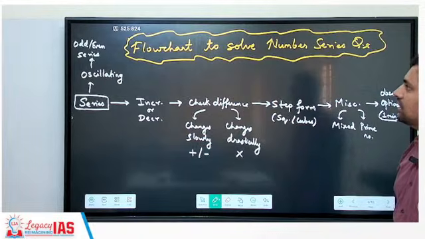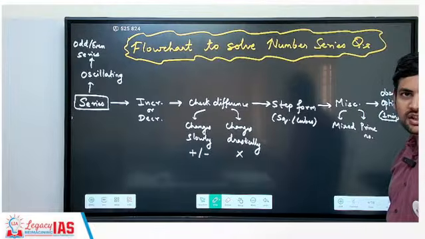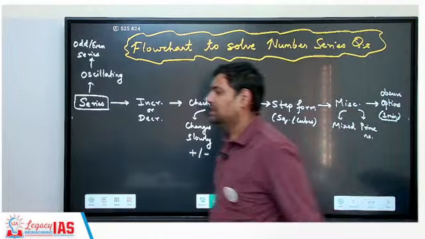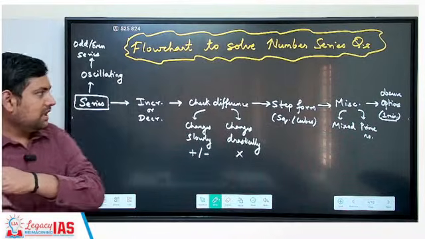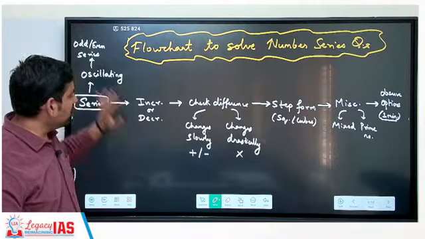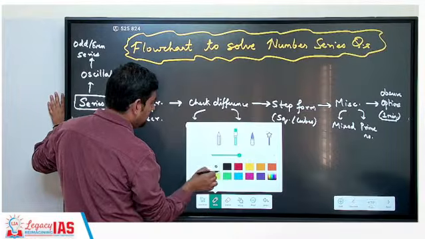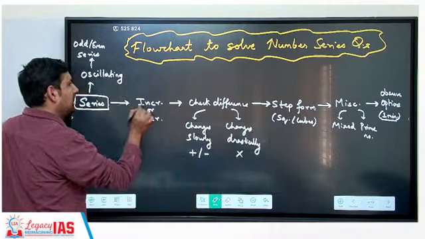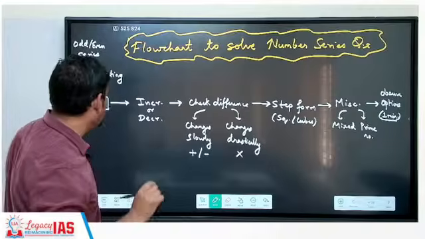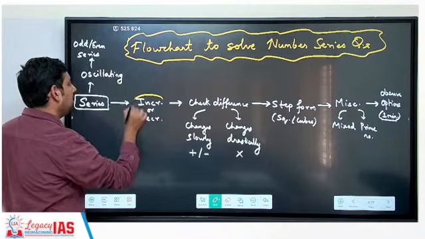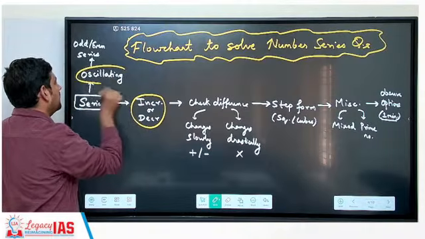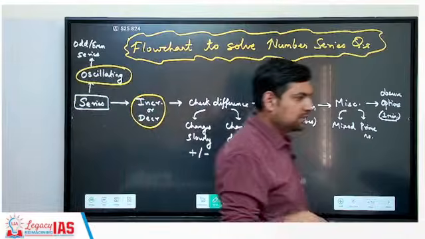Then this is the flowchart to solve number series questions. Okay. Now let's see this. So basically this is the first step, please don't forget it. You check the series, whether this series is increasing or decreasing or oscillating. Now what do these terms mean? For example